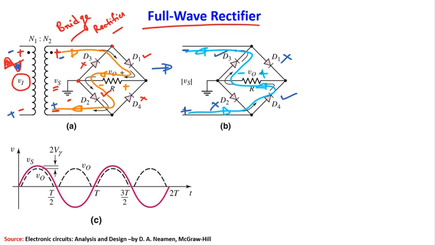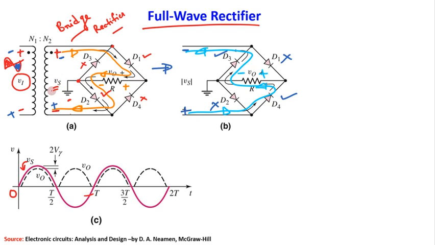So if we have to demonstrate it here, you can see it here, from time t equal to 0, this Vs is the supply, this secondary voltage, right? So this Vs is this pink one or this red one, right? Now if this Vs is this one, let us see what will be the V output for the positive half cycle. So for the positive half cycle, the current flow is like this.